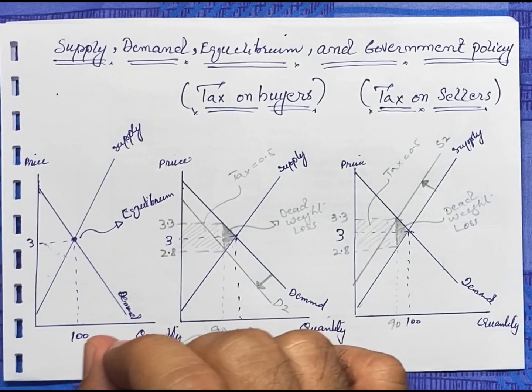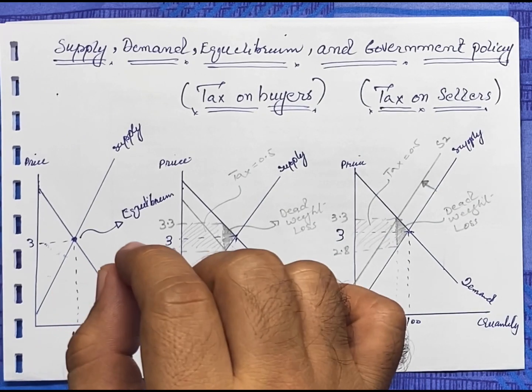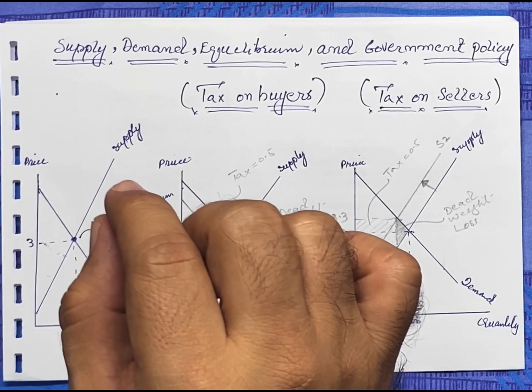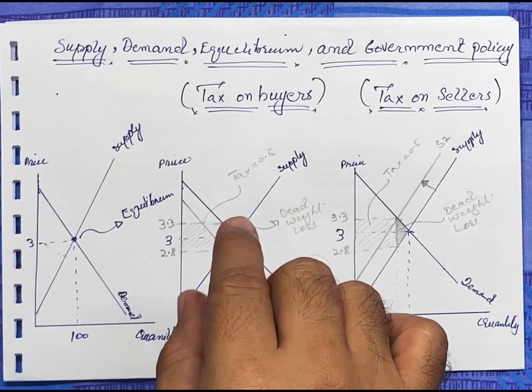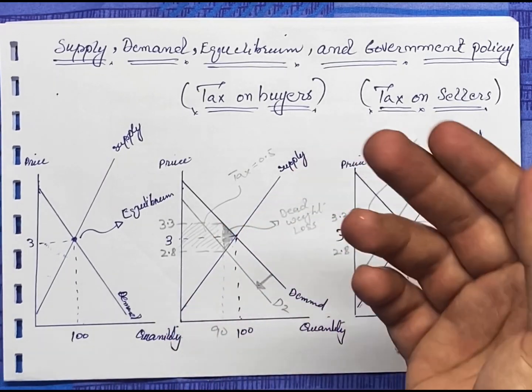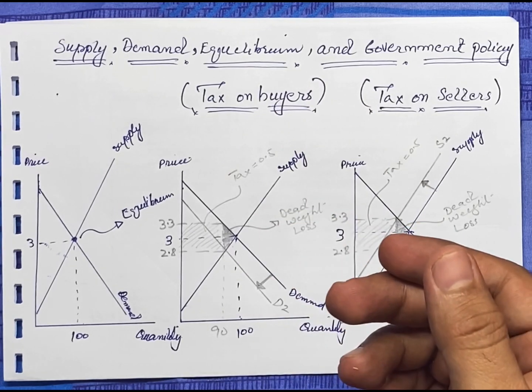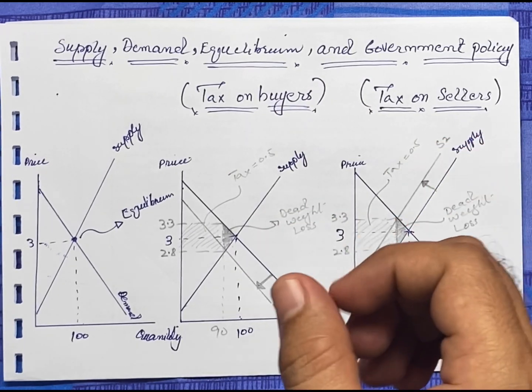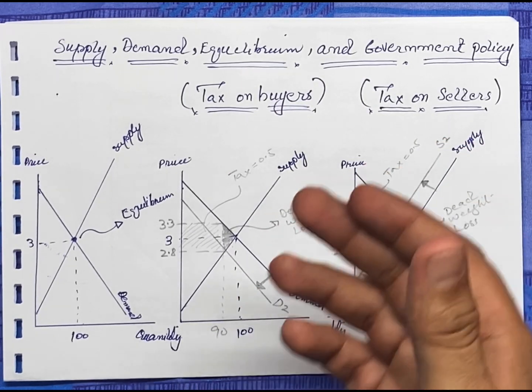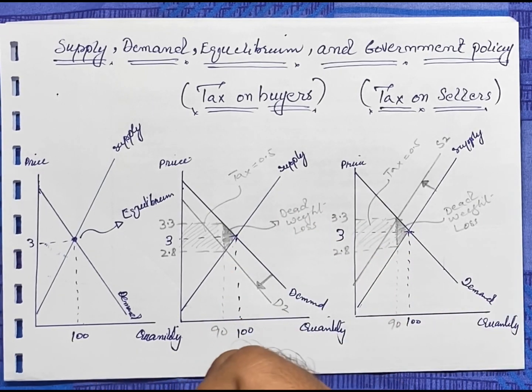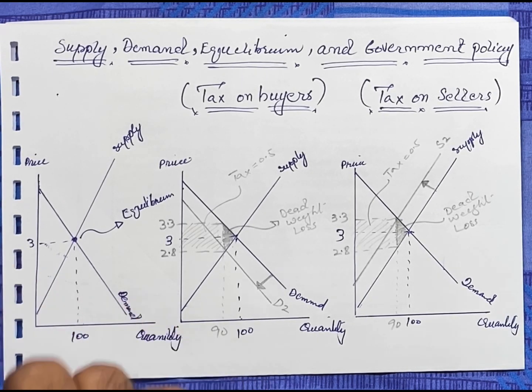Today's lecture is about supply demand equilibrium and government policy. Government policy means we want to see the tax imposed by government in different ways: sometimes government imposes a tax on the buyers, sometimes on the sellers. So how does it affect the equilibrium? This is what we want to see in this chapter. So let's start with our basic